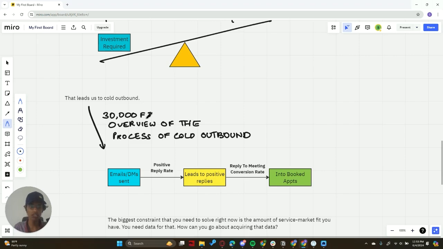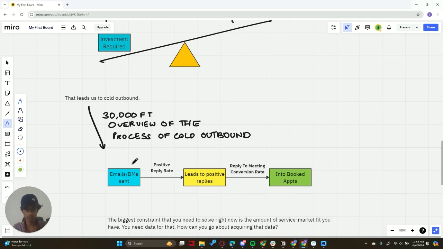This is the 30,000 feet overview of the process of cold outbound. I mean, this makes it look really simple, but there are finer aspects to it as well, such as how are you sourcing the leads, where are you sourcing the leads from, how are you writing the copy, how are you exactly enriching the data, what type of personalizations are you using, what are the sales triggers that you're using, how's the technical setup structured, things like that. Those all also play a role. What's the bounce rate, things like that as well.